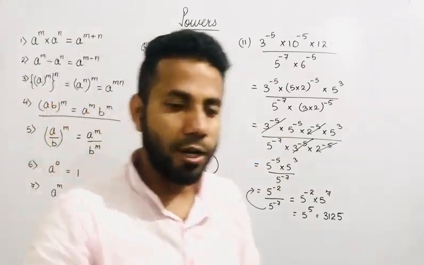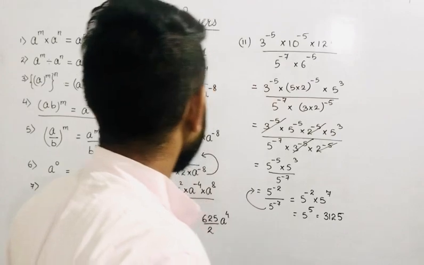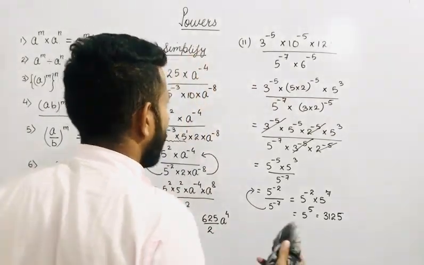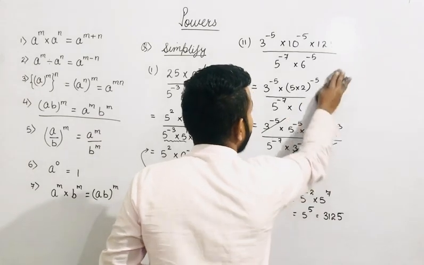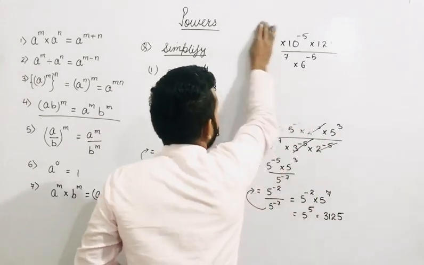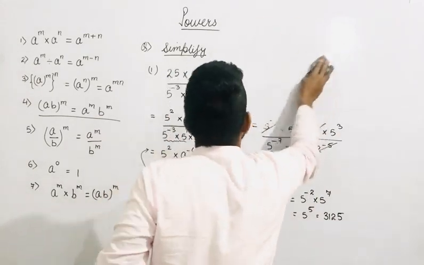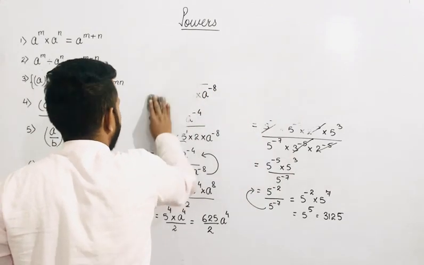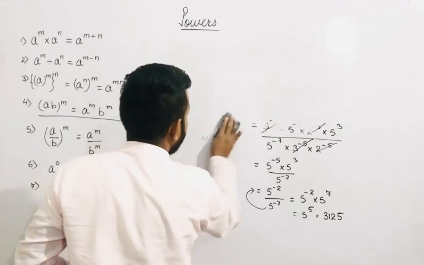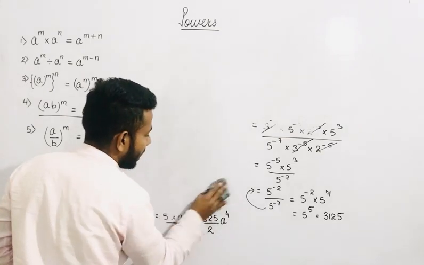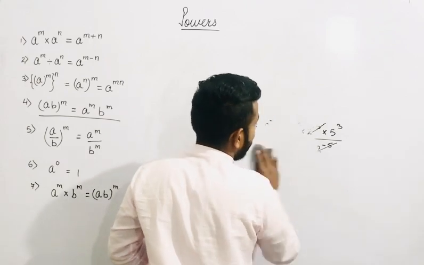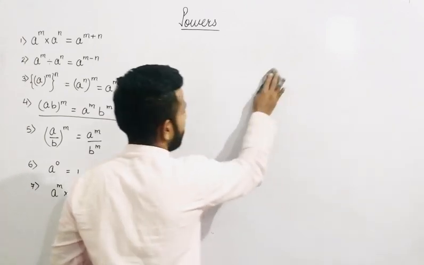Now the next question that I am going to give you is about finding x. A very new thing will come to you about finding the value of x. How will you find the value of x when it is asked to operate? So a new thing will come to you here, equating the bases. Till now we have done multiplication, division. Now we will be doing equating the bases. So how will you equate the bases?